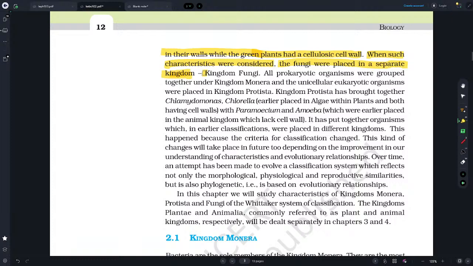These are the three steps: first, fusion of protoplasm, which we call plasmogamy; then fusion of two haploid gametes or two nuclei, which we call karyogamy; and meiosis in the zygote resulting in haploid spores. An example of fungi reproducing sexually is when two haploid hyphae of compatible mating types come together and fuse.